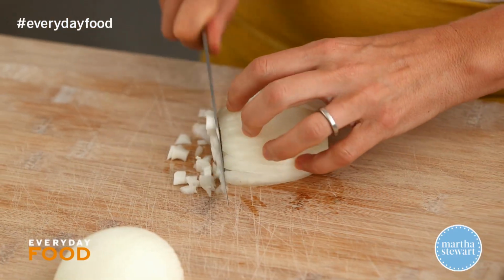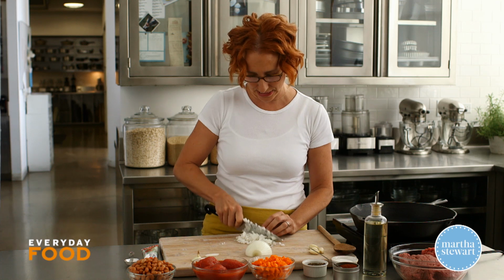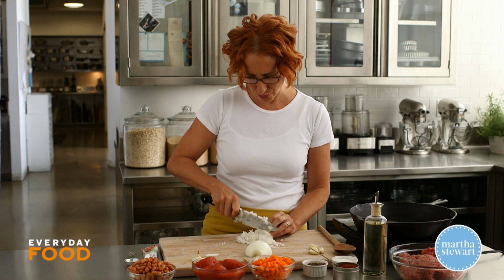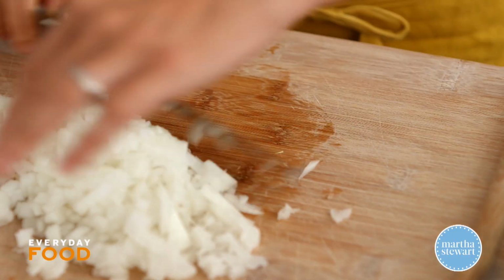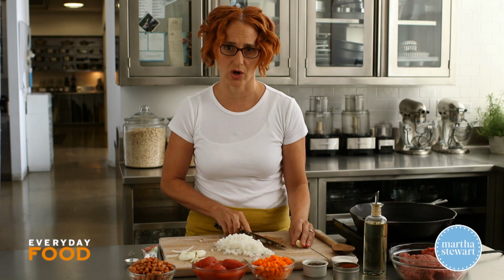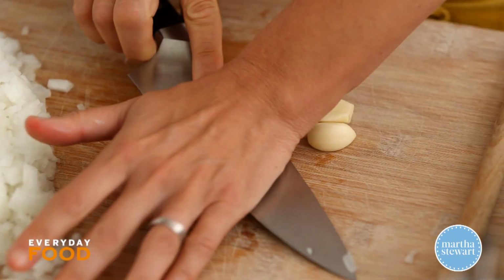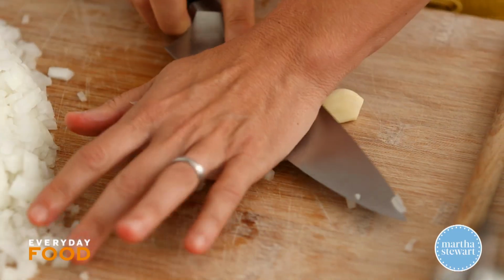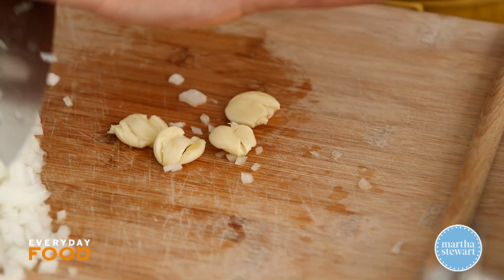You want to mince an onion, and the whole thing gets made in a large cast iron skillet. So you need one that's like 10 or 12 inches. I think either one would probably work. Four cloves of garlic. They also need to be minced. If you have a garlic press, you can use a garlic press. Make short work of this, but then you have to clean the garlic press, and you're already cleaning your knife,